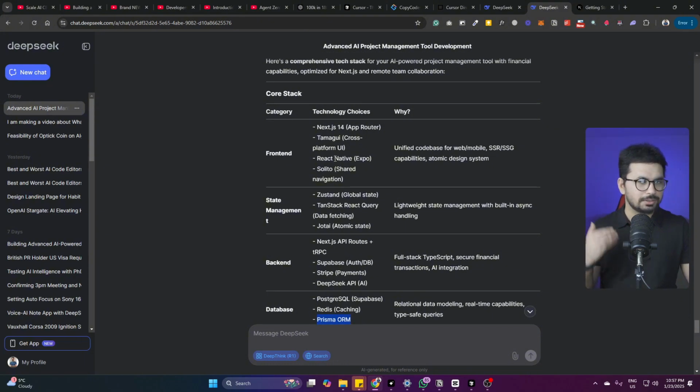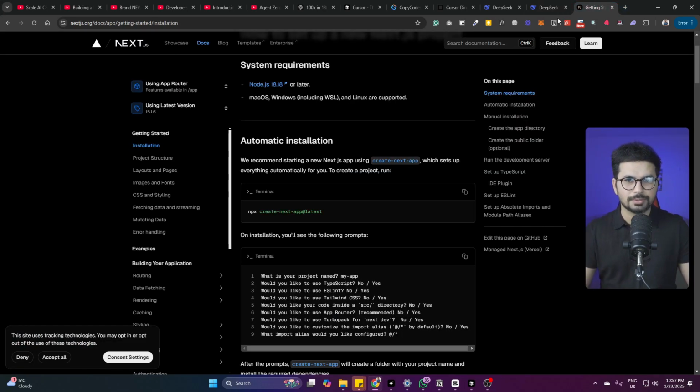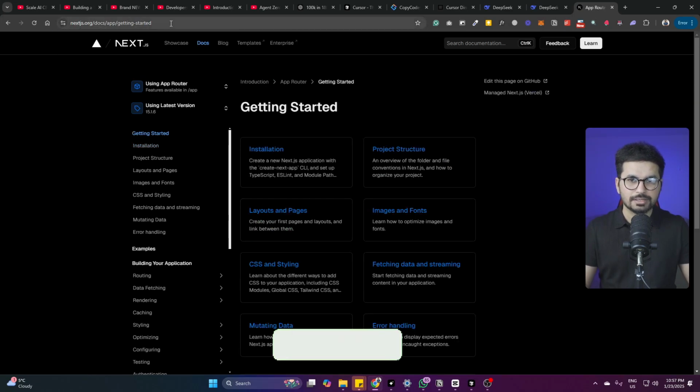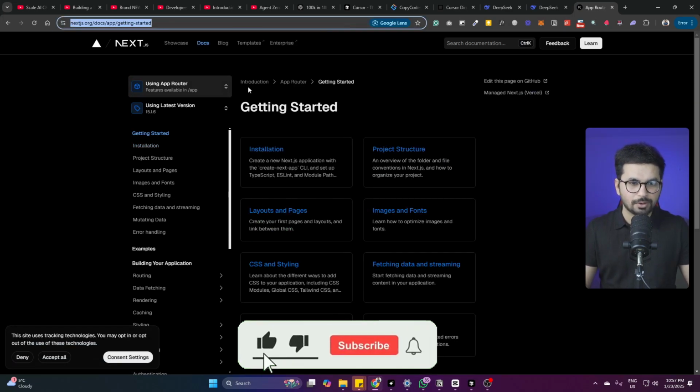What you need to do is simply shortlist what you are actually going to use inside your project. You can ask further questions from DeepSeek, and then one by one, let's suppose the first documentation that we need inside your tech stack is this Next.js documentation. So simply go to your Next.js documentation and copy the URL of your documentation from here,